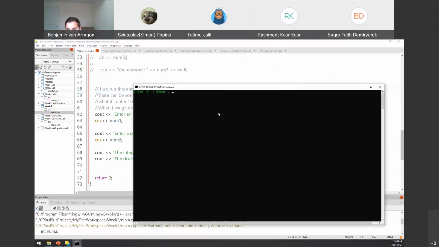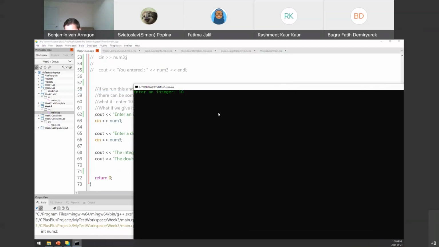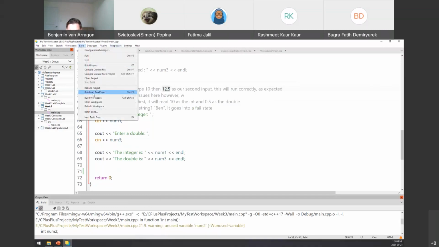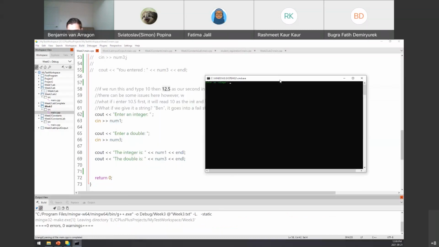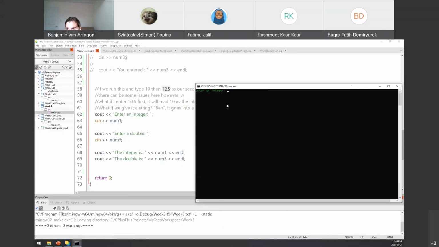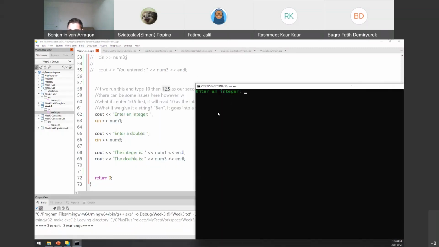So it's asking for an integer. I'll type in 10. And now it's asking for a double, and I'll type in 12.5. It's going to say the integer was 10, the double is 12.5. Now, if I run this again, what if I enter the double first? It might not be what you'd expect, and I'll explain it. What if I enter 10.5,